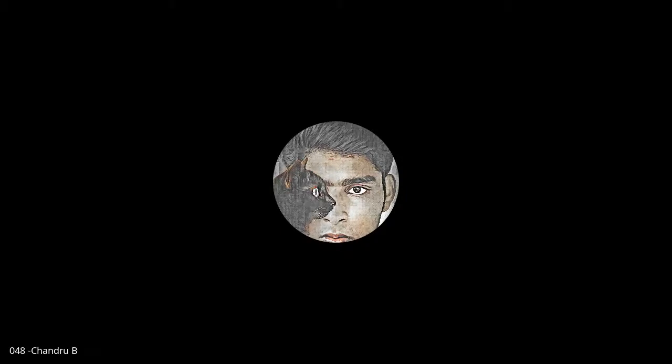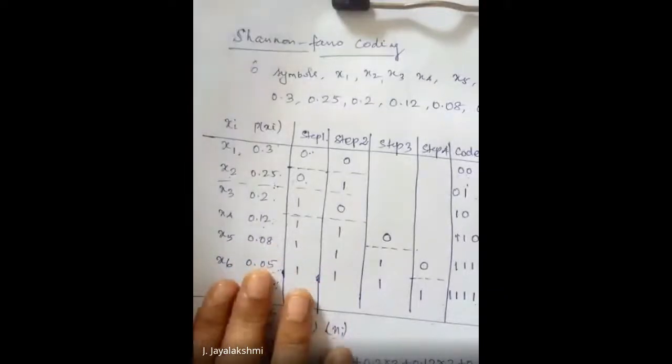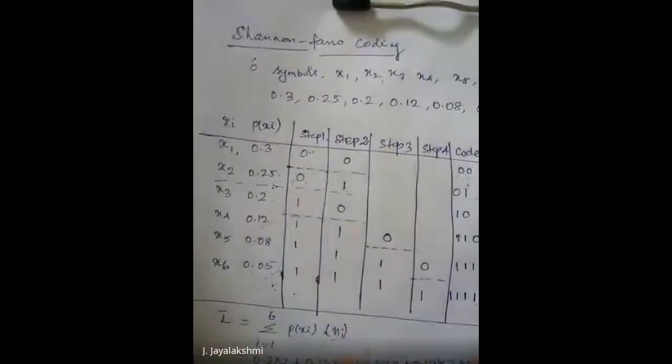Partition. Okay. Partition is you will be given a set of probabilities. Okay. It can be of any number, 4 or 5 or 6 symbols. Any number of symbols it can be. So first thing is write the given probabilities in the descending order. Okay. In this problem, I have already given in the descending order. So the normal procedure is whatever the probabilities given, write them in the descending order.